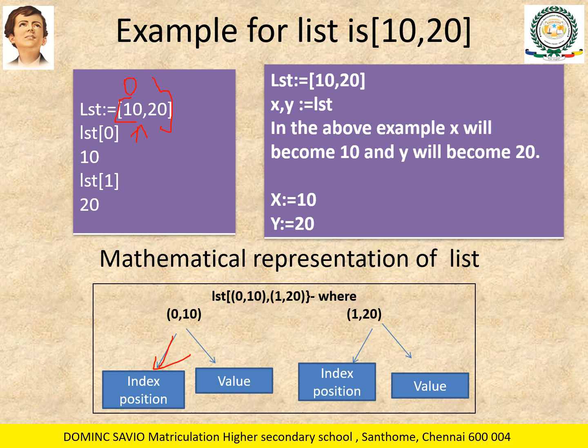Okay, so this is your index position. If I say list of 0, my 10 will be printed. If I say list of 1, 20, it will go across. If you have 30, 40, then you will say list of 2, list of 3. But you always start the index value with a 0. Okay, so this is all about list.